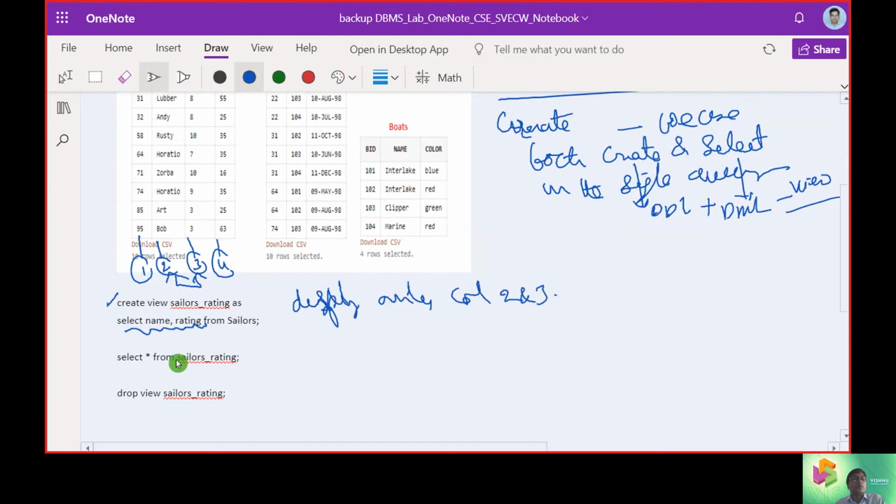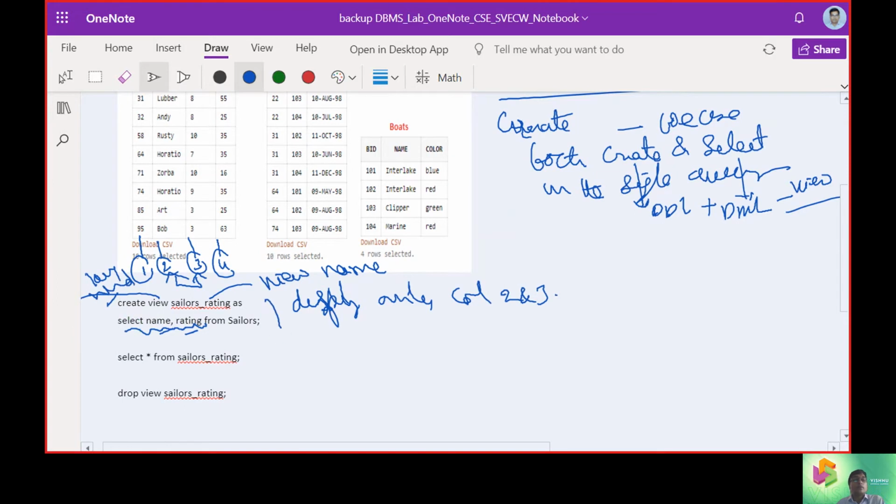So what we can do is get the names and rating of the sailor. This is called the view name, and view is going to be called a keyword.